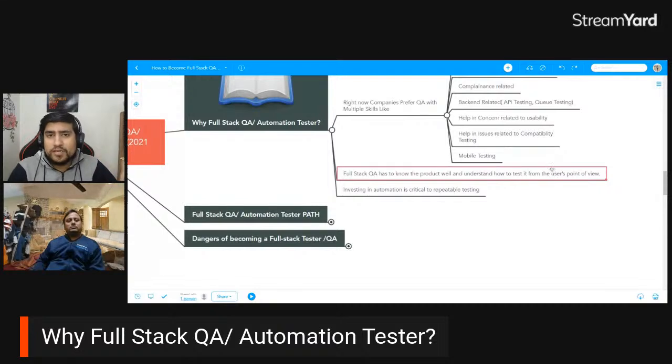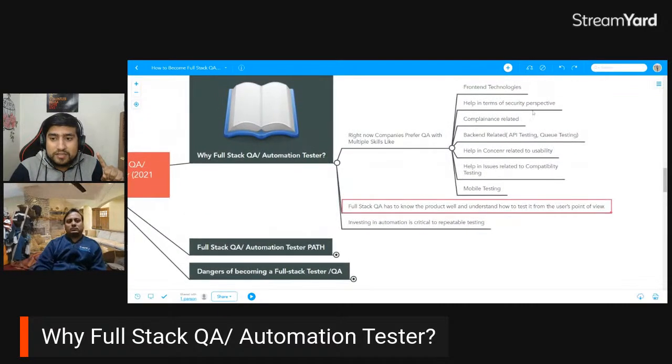Even as a normal QA we do testing, but the point here is that we don't generally add cases related to security or compliance. These things we generally expect from different teams. But as a full stack QA, all these things are actually expected from you.